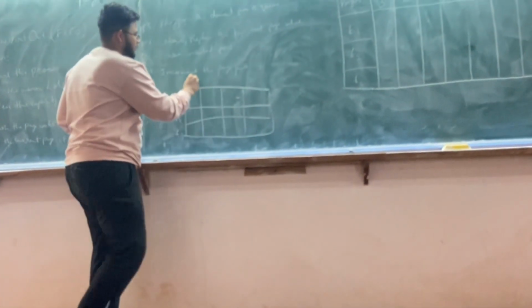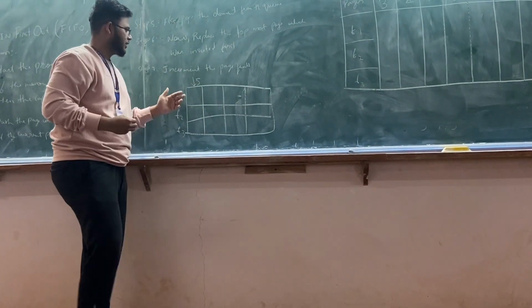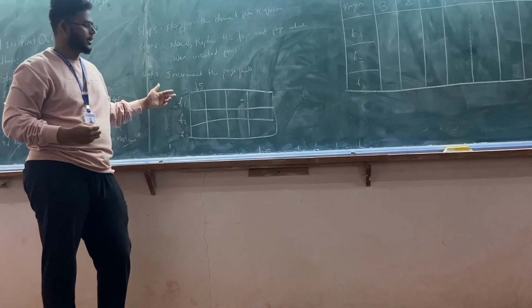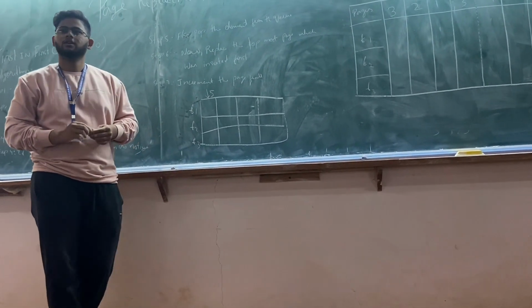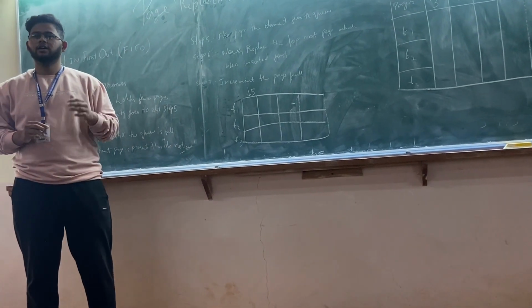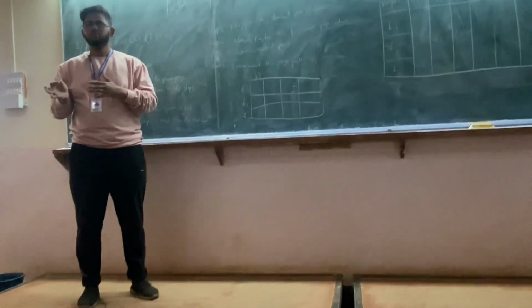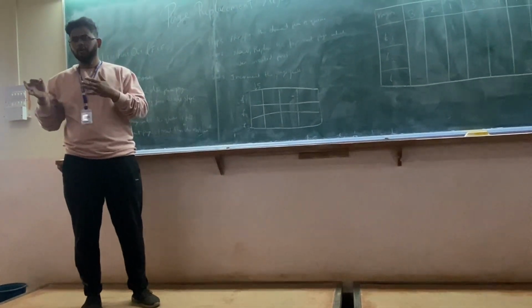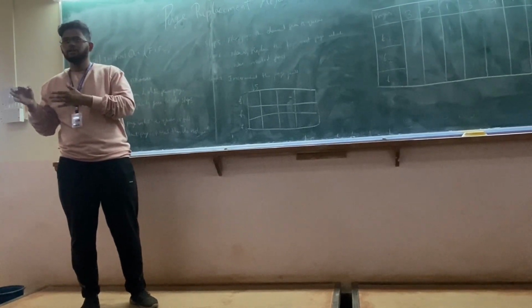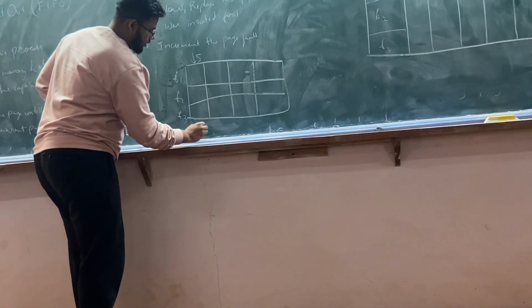If a page arrives at this point, let's say page number 5, now it should be inserted, but it was not available here. So it will be a page fault. What is a page fault? A page fault is when the page is present in virtual memory, but it is not loaded in the main memory. So it becomes a fault when we try to insert it in the main memory. So you have to mark here a page fault.